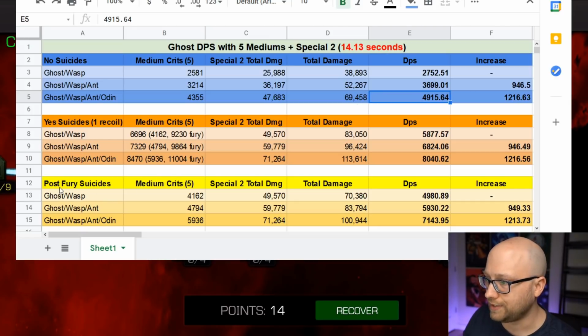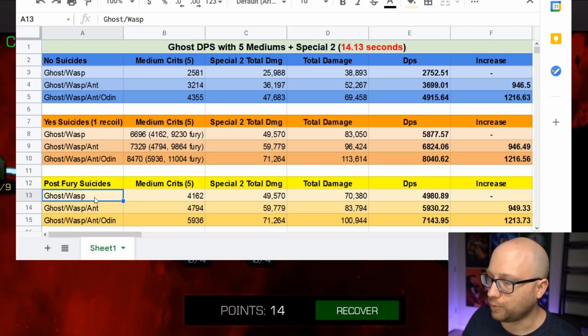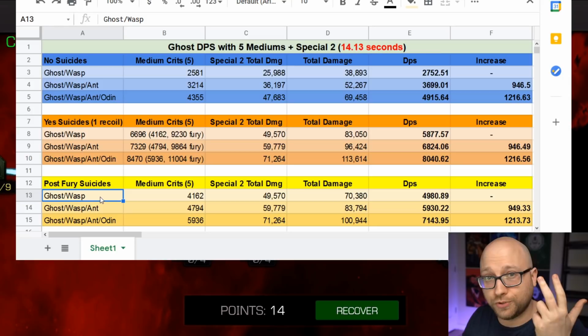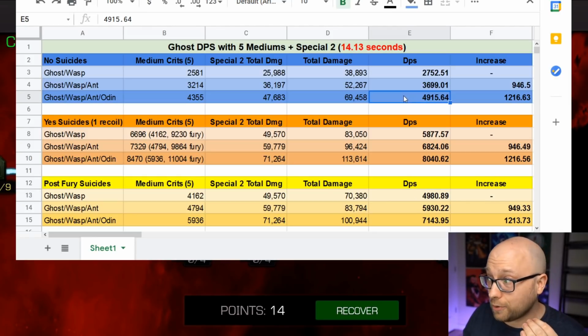And what you'll notice, let's look at the box down here. This is once again post Furies, so as if the initial Furies never happened, even though I was running suicides. You could see here just with Ghost and Wasp, which is fairly common to see, Ghost, Wasp, and Hood, right? A lot of people will run those three champions and they won't bring Ant-Man, won't bring Odin. You can see the DPS for something like this was 4980,